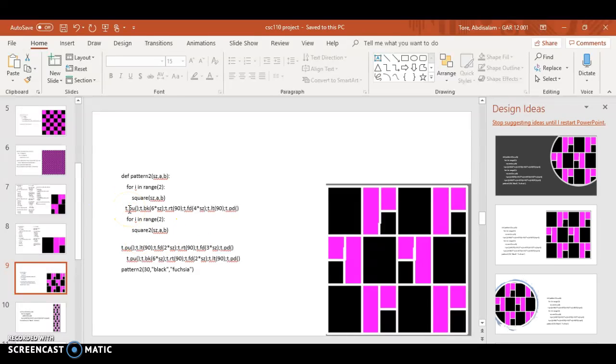Here's the pattern that we see. So for i in range 2, because there are only 2, square size, 2 size, A, B, pick up the pen, move back 6 times size, right 90, forward 4 times size. So down here,